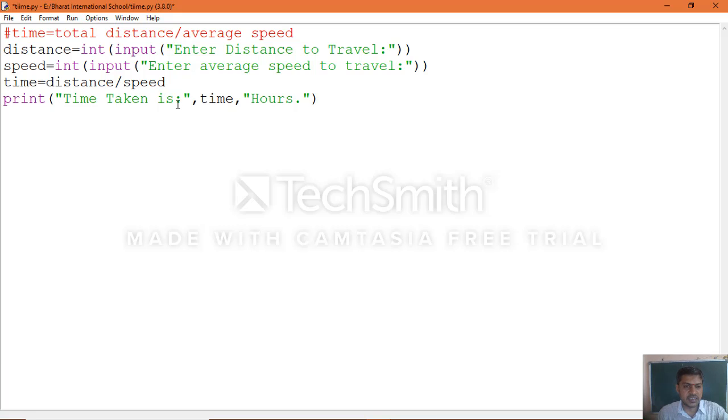Now save the application again. Previously we assigned the values within the application, now we will read the input values from the user through the keyboard. Now save our application, go to run module.